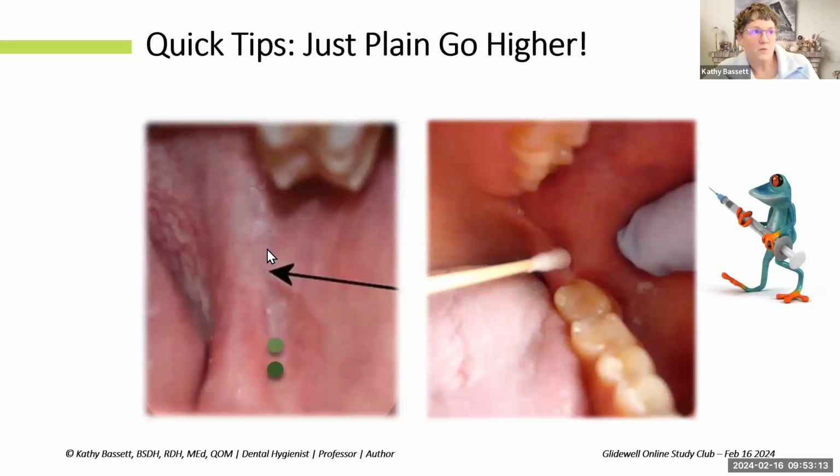So on the first one, the dark green dot, that's the location of the traditional Halstead block. And what I'm proposing is that you walk your way up along that raphe to that level of where that bright green dot is. And I'm going to show you 2 ways to routinely find that quite quickly. So here on the right,